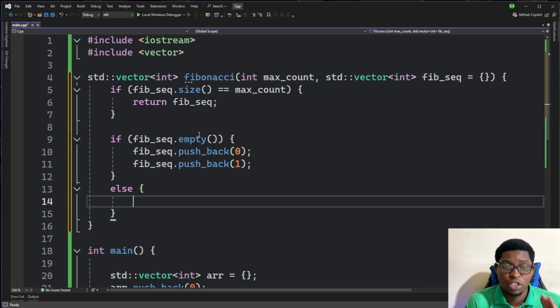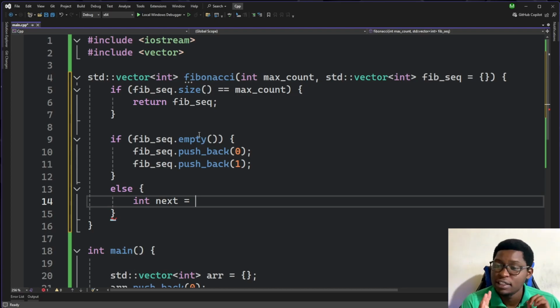Remember, our Fibonacci sequence is a series where each number is an addition of the previous two numbers, right? So what we need to do here is to have our next value. So our next value, which is an integer, is a sum of the last two values of the Fibonacci sequence. And how do we get the last two values of the Fibonacci sequence? Well, we already have an array that has all the values, so we just need to get the last two indexes. And the only way you can get the last two indexes dynamically is by getting the size of the